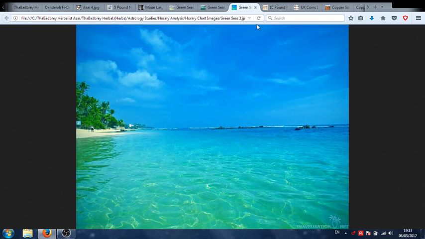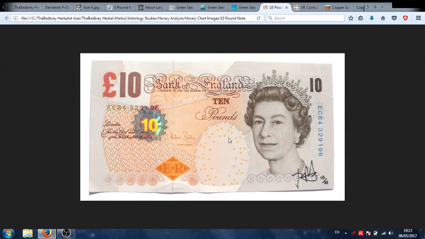Now let's go to the £10 note. On the £10 note, as you can see, it is mostly an orangish copperish color. That's what catches your eye when you look at the £10 note. Now the copper color represents, alchemically, copper